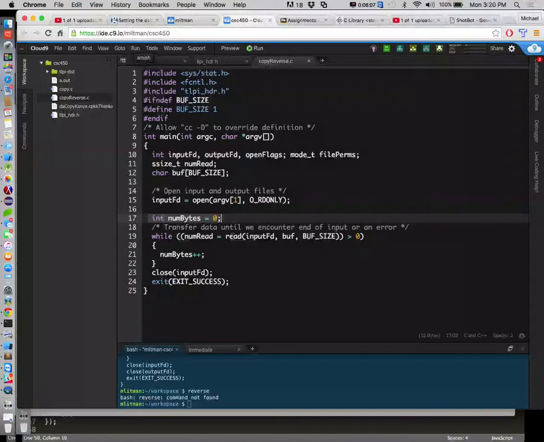So we'll start a counter off at 0. We'll go through them each time through, we'll try to read 1 byte. And as long as we read something, we'll increment the number of bytes that we read. Make sense? All right, and then in the end, we want to go ahead and print out numbytes. So print